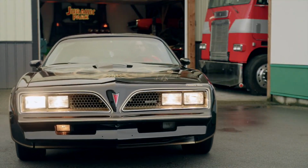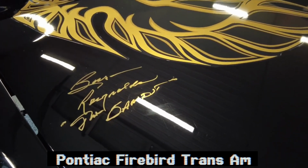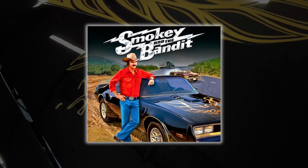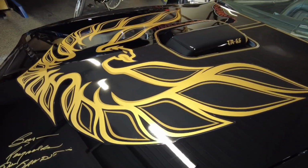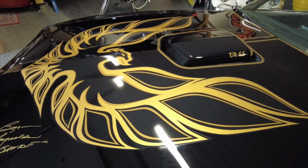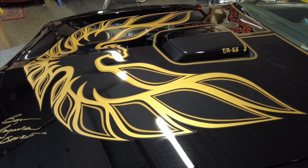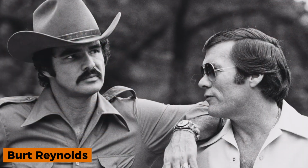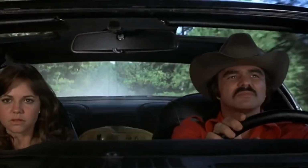Throwing it back to the 70s, we have the Pontiac Firebird Trans Am from Smokey and the Bandit. This black and gold muscle car with the iconic Firebird logo on the hood became a symbol of rebellious road trips and southern charm. Burt Reynolds' character, the Bandit, brought this car to life, making it one of the most